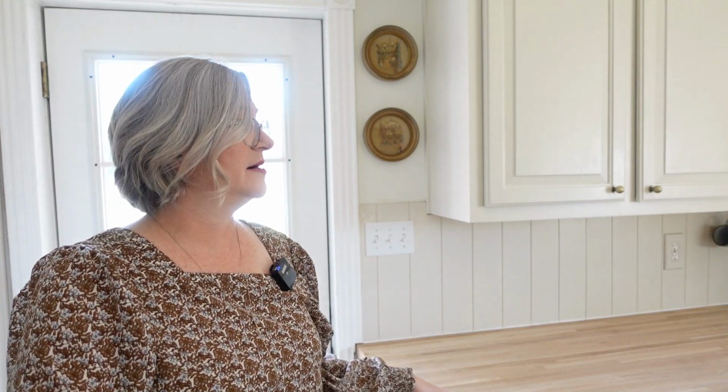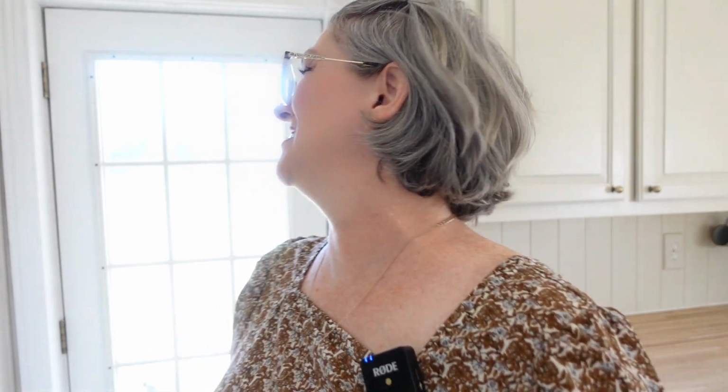These countertops are going to be oiled also, and so they will actually be quite a bit darker. But you know, don't have time for that right now. And let me show you this side. This side, where our fridge is,